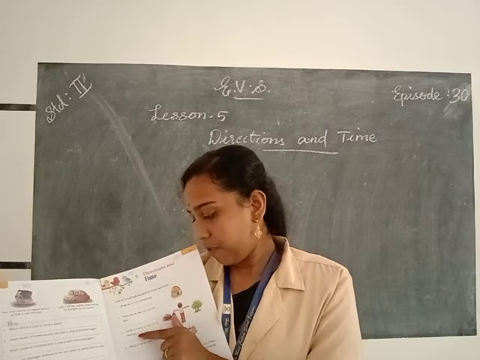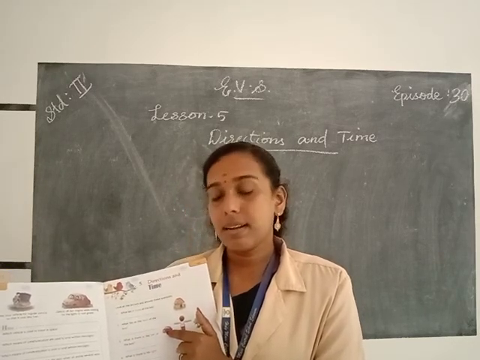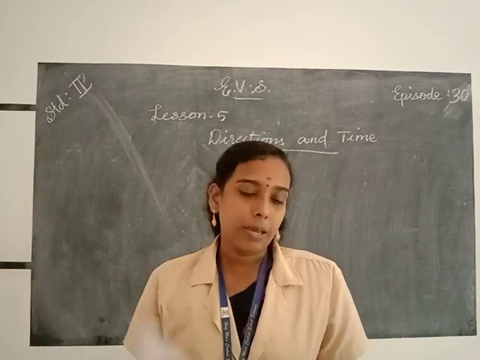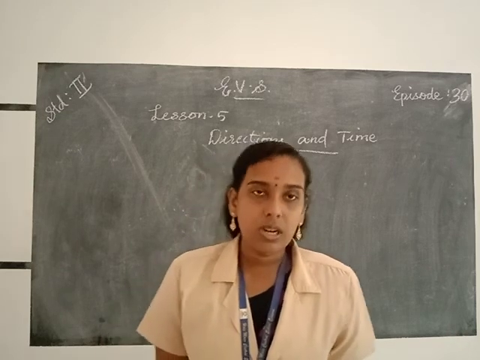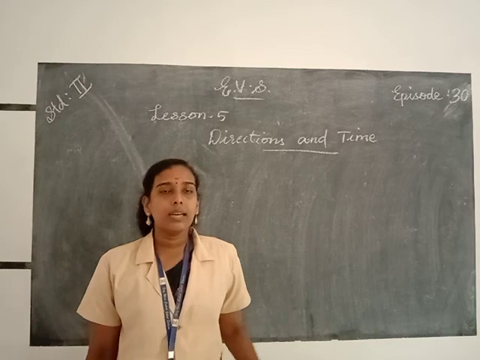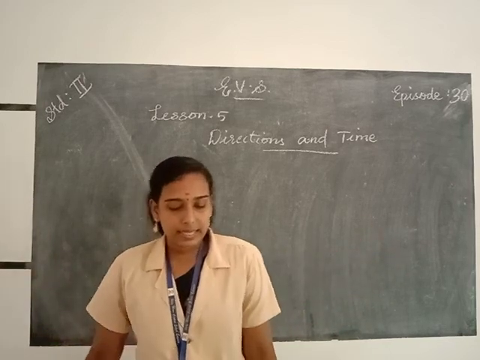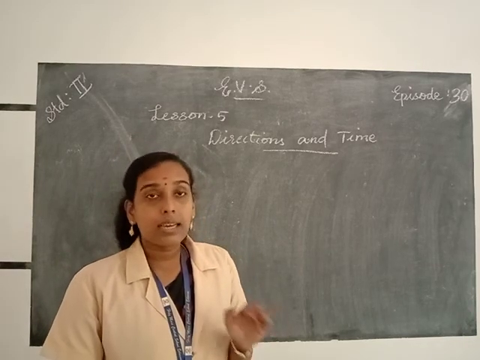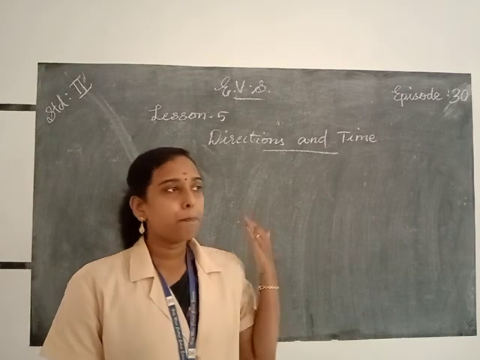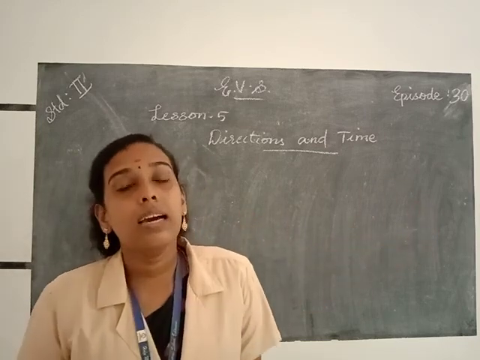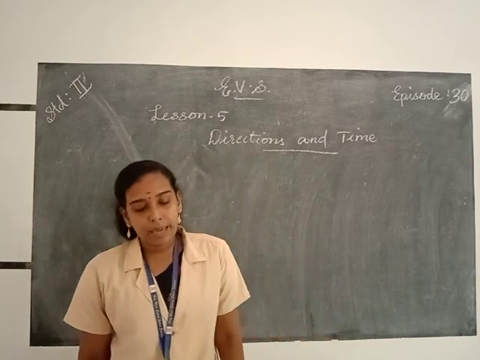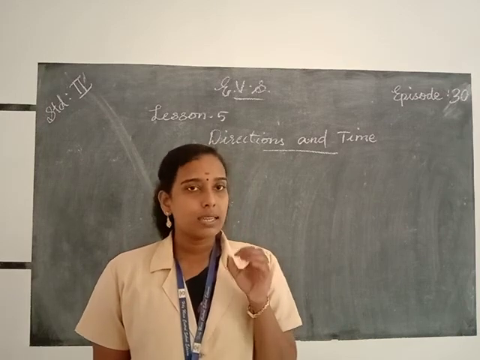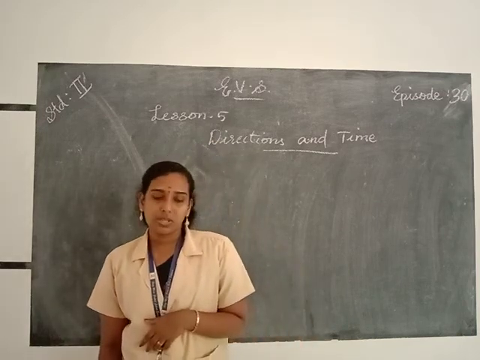Then what is there to the left of the boy? Left of the boy there is a car. And what is there to his right? To his right there is a tree. Okay. Here the words front, back, left and right display the position of things around us. These are relative directions. So front, back, left, right are relative directions, and they keep changing with a change in our position.